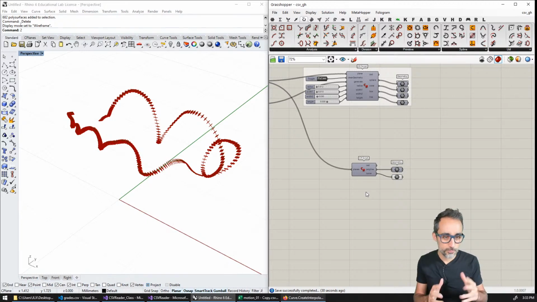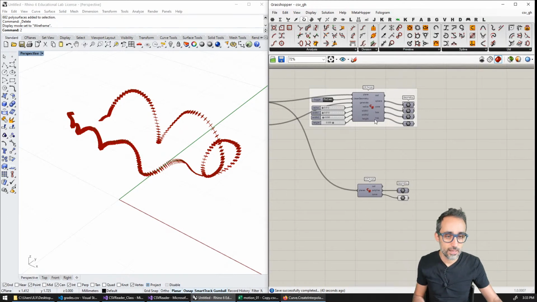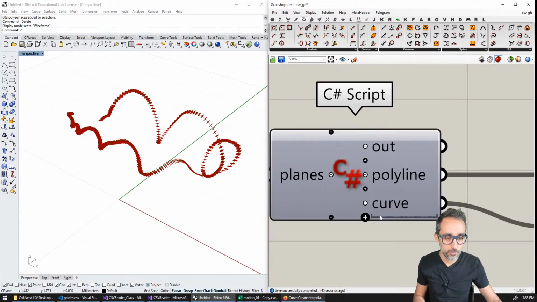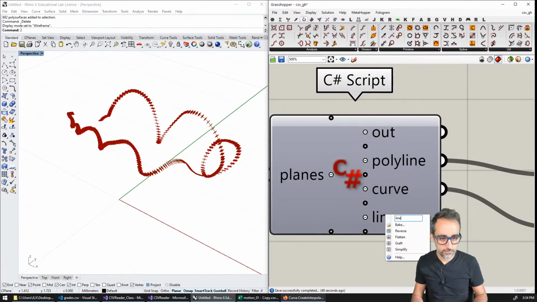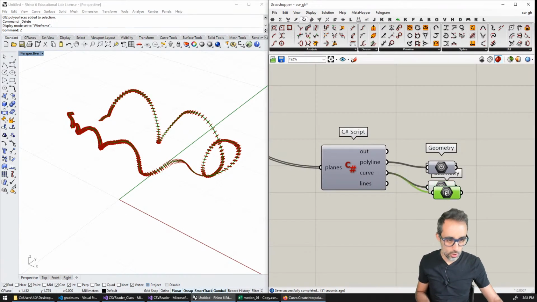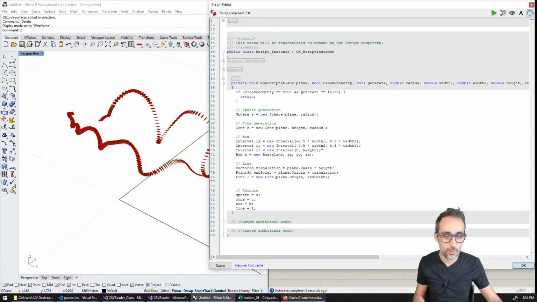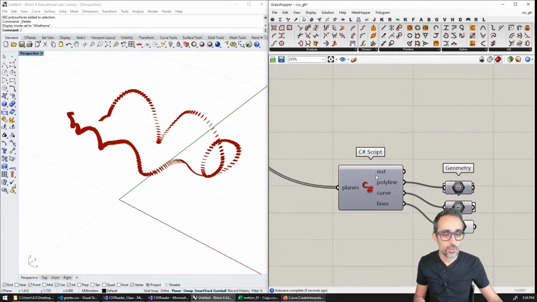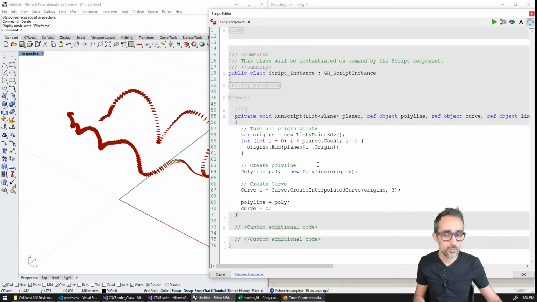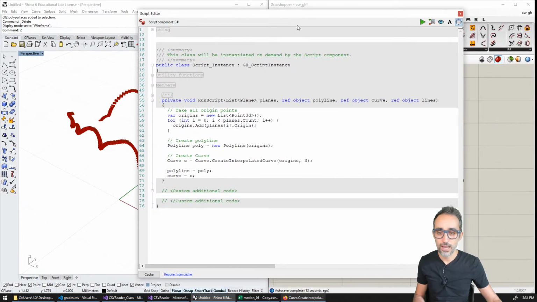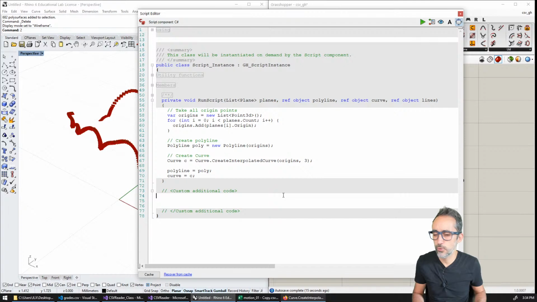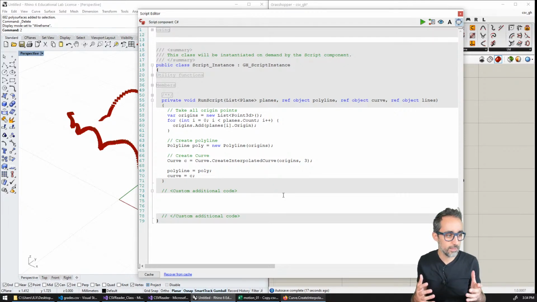The next thing I'm going to do is create perpendicular lines to these planes. For that, I'm going to add another output here, called lines, for example, and give it an empty box to display that geometry. Then I'm going to copy the code that we had here, line, to generate the line. But this time, because I'm going to be reusing that code a lot, whenever I think I'm going to be reusing code inside of a for loop or in many places, it's actually quite convenient to create a function